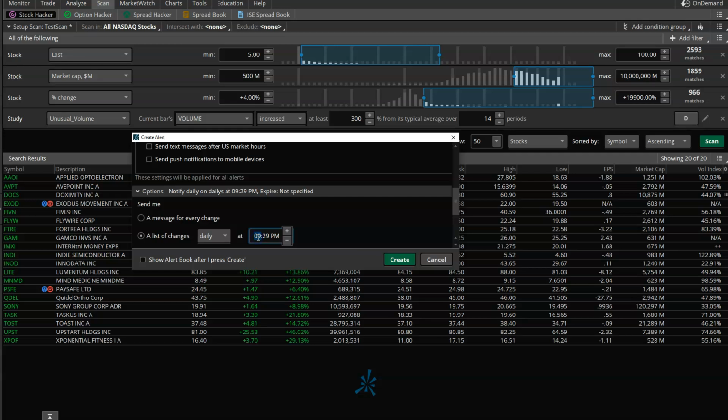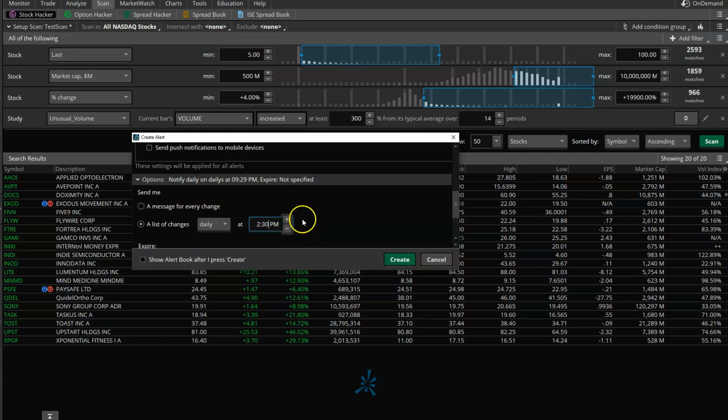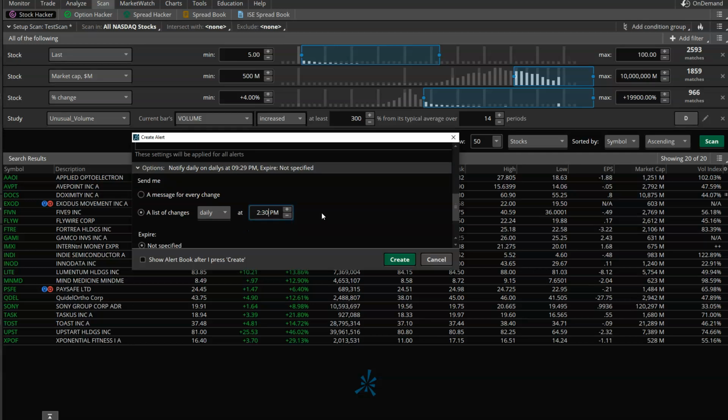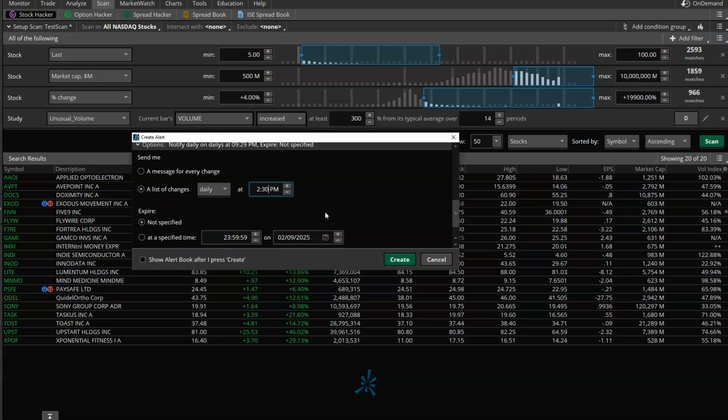at, let's say, 2:30 p.m. I'm not sure whether it's Eastern time or Central time, but whatever the time is, you can test it out. So daily, you will get a daily email at 2:30 p.m. if a new symbol has been added, if there's an unusual volume activity, and then you can buy that stock and sell whenever you want to. You need to have your own rules. And when this alert expires, so I'll set it up